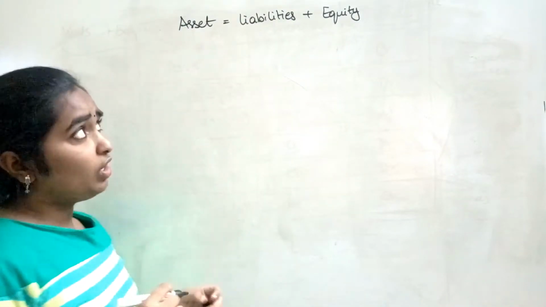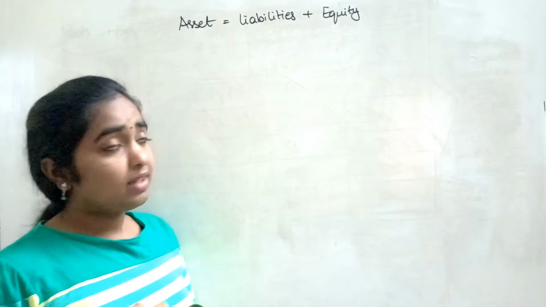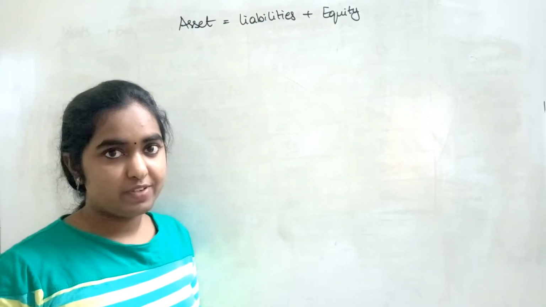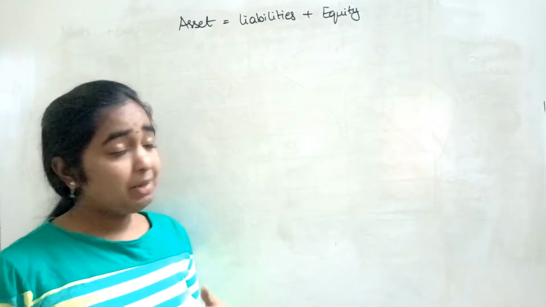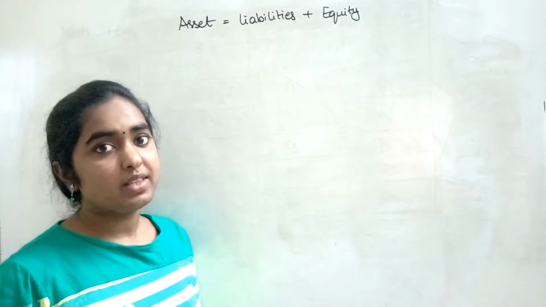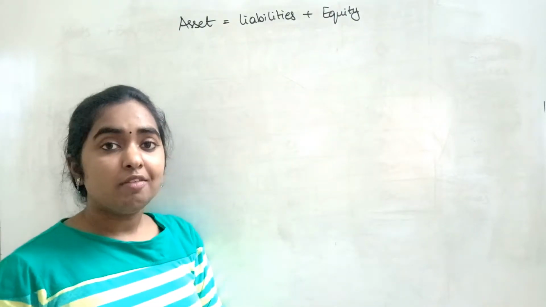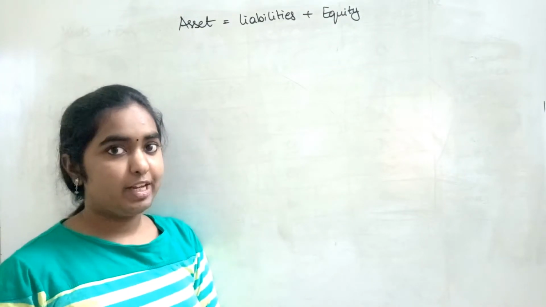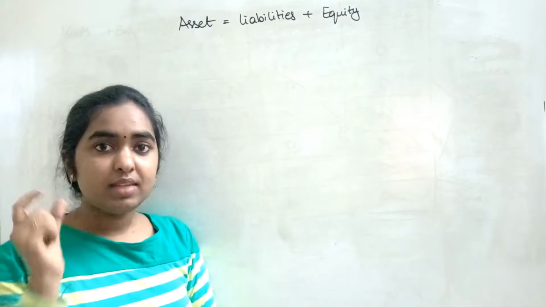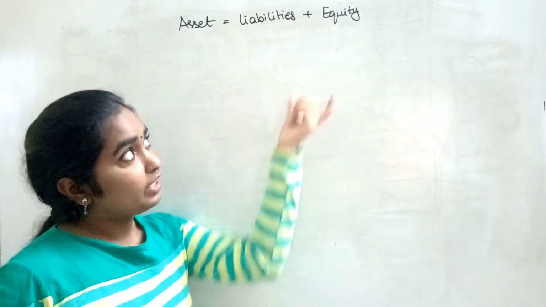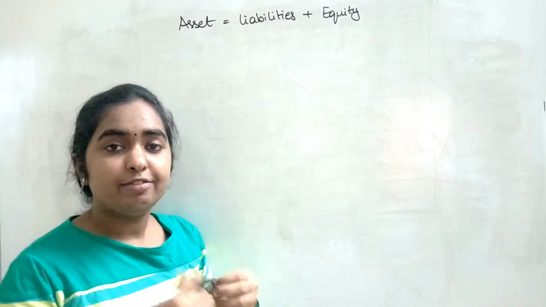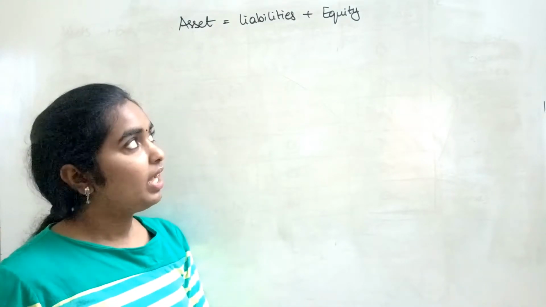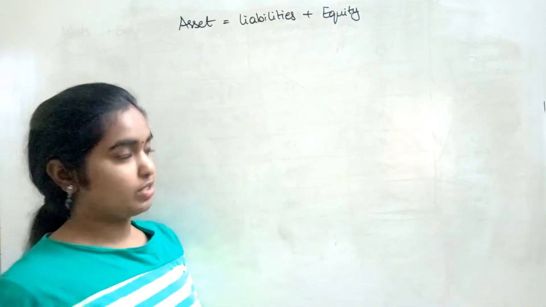Okay, so first of all, you have to understand one thing. At the end of the financial year, we are going to calculate what is the profit or loss which we have earned. That profit or loss we are going to adjust with the amount of capital or equity which the owner has invested in the business. So for example, if you have earned profit in that particular financial year, that profit has to be added to the equity or capital, and if we earn loss, then that loss will be deducted from the amount of capital which the owner has introduced.